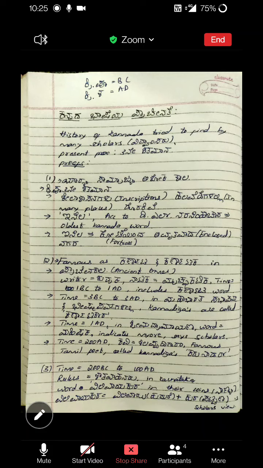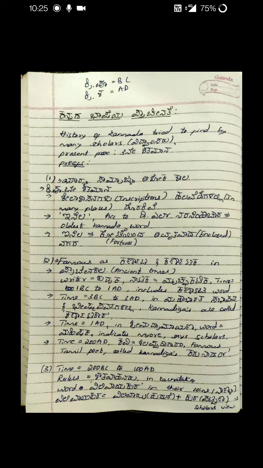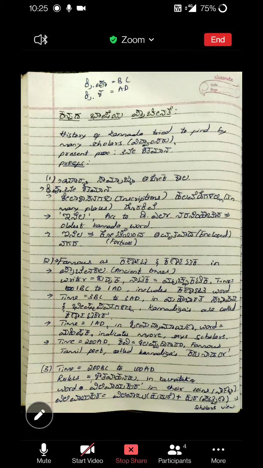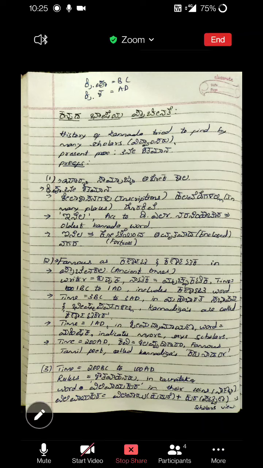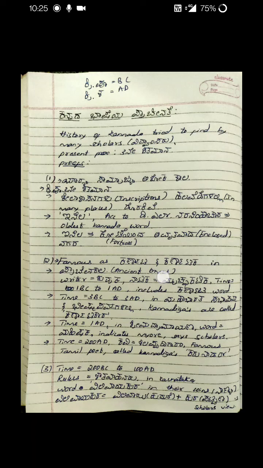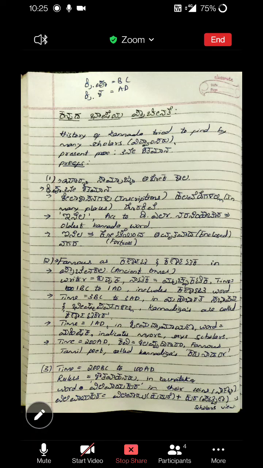Isila means Kotinda Amrutavada Nagara, a fortress enclosed. Kotinda means fortress and Amrutavada enclosed. So this was the name of a city, Isila, during Ashoka Samraja, and this is the oldest Kannada word as of now, Isila. The next proof that is given is that Karnataka was famous as Karnataka in ancient times. So even in the ancient period, it was famous by the name Karnataka.